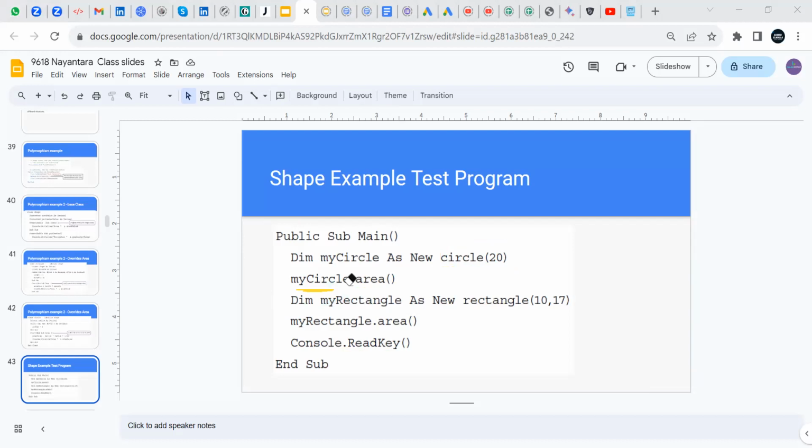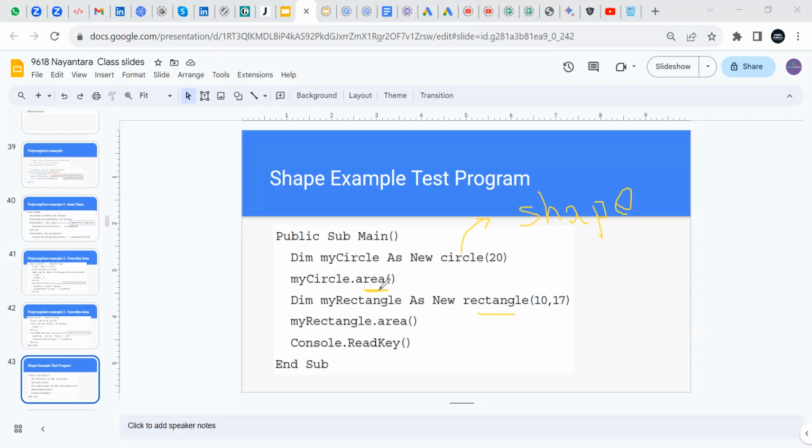So again here, we know very well that the area is different when we calculate circle, and it is different when we calculate rectangle, right? We know that this circle inherits from the shape class, right? Inside the shape class, area is only printing a variable. It doesn't do any calculation. And we already said